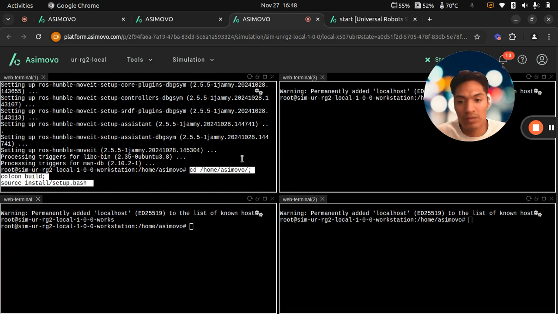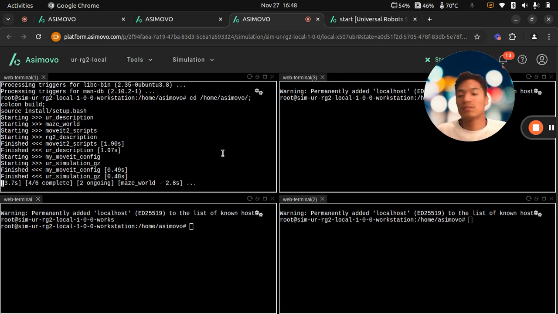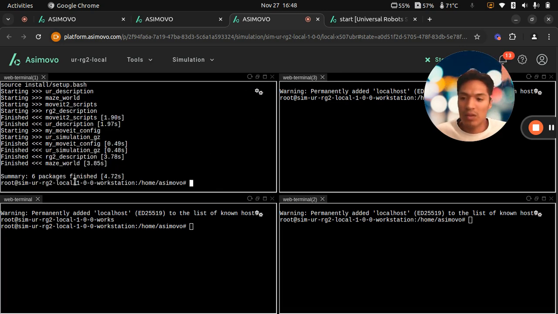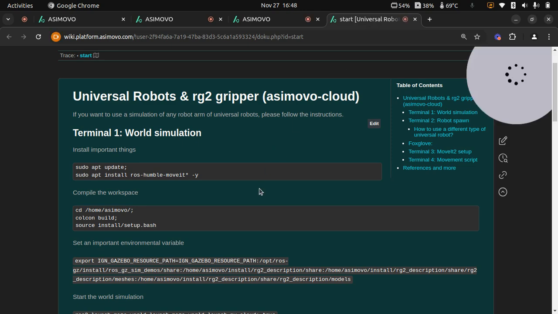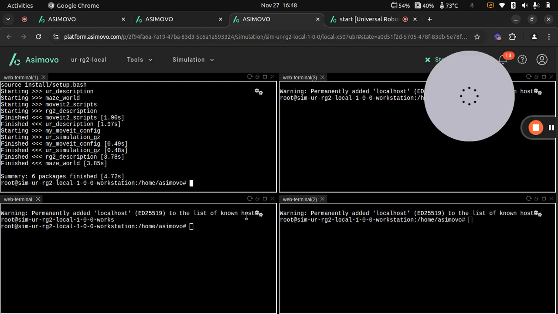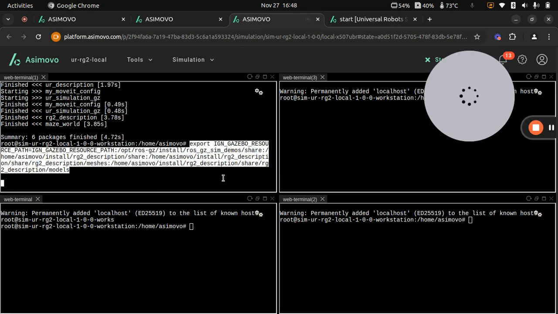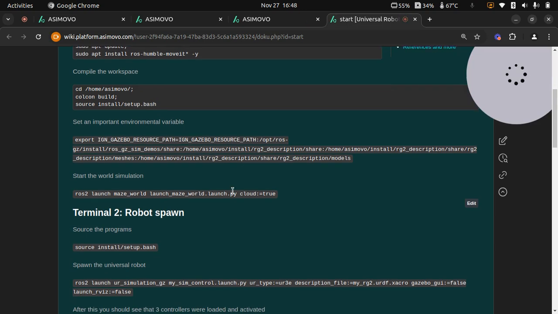Okay, now let's compile everything. Okay, all the packages were compiled correctly. Sorry, the instructions are here. We need to export this environment variable because we need to be able to see the meshes of the gripper. And now we are going to